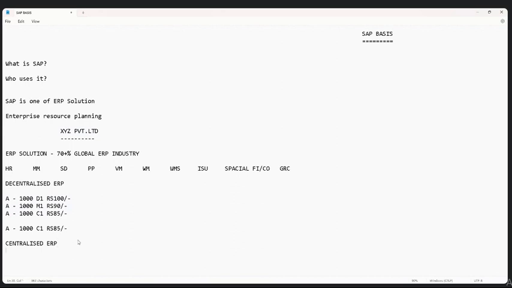Now, what happened in the centralized ERP is the moment this Delhi guy took an order for 1,000 pairs of shoes at 100 rupees, the moment this guy A